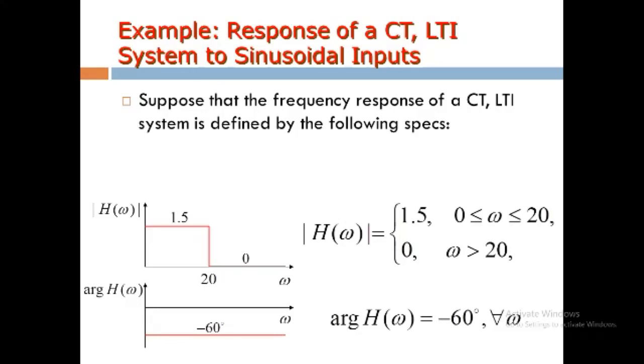Now recall that the general expression for a sinusoidal at a frequency omega, or frequency f in hertz, is given as x of t or h of omega is equal to 1.5. The value of omega lies in between 0 to 20 and is equal to 0. This omega is greater than 20. Let x of t be equal to A sine omega t plus theta, which is equal to A sine 2 pi